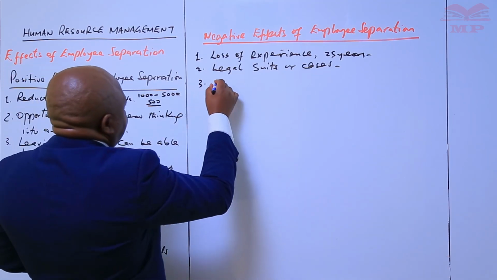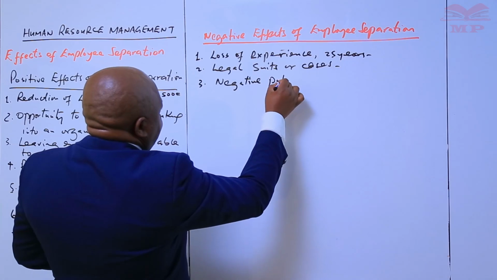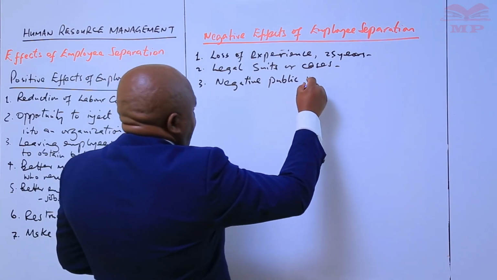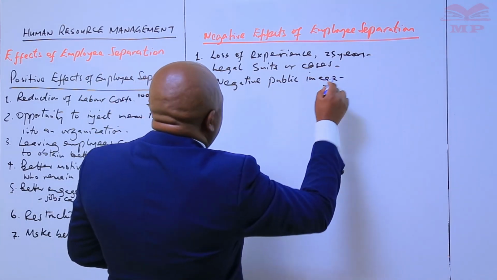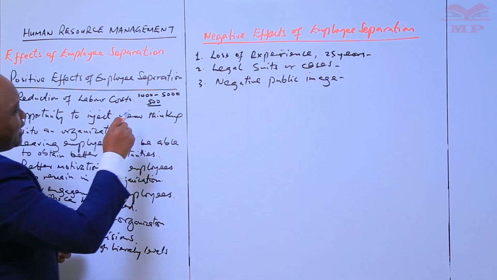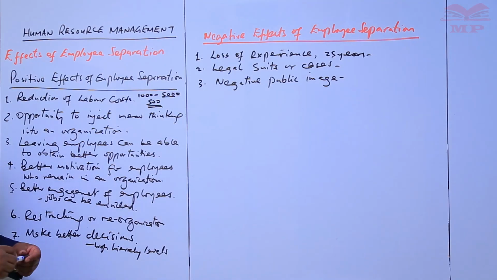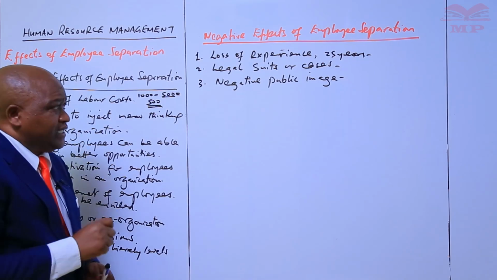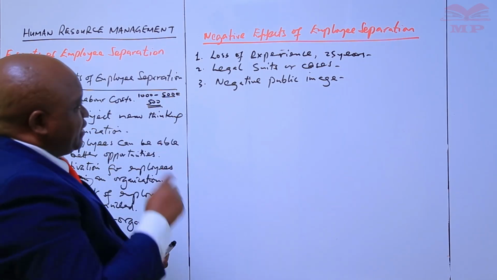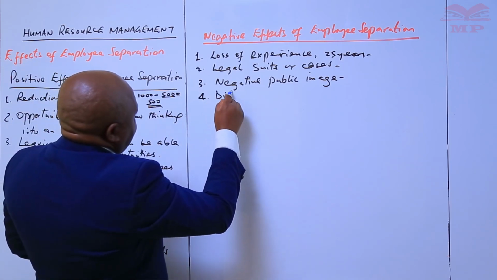Then 3, negative public image. If an organization is in the press for terminating 500 workers, then that creates a negative public image that this organization is terminating employees, and that becomes a challenge. So number 4, difficulty